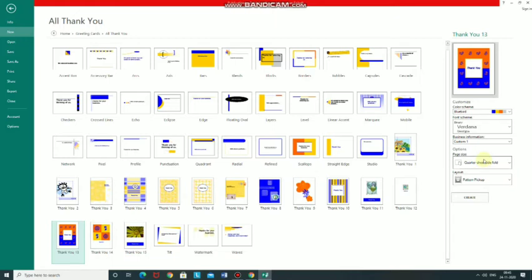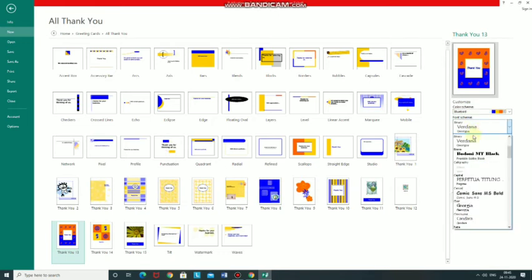If we want to create our thank you card like this according to this table, then we have to change here. First is color scheme, Bluebird. So this is the color scheme. I have already selected all of this. That's why you can see this type of thank you card which is shown in your textbook. But if you want to change the color scheme, you can see here. Click the Bluebird option.